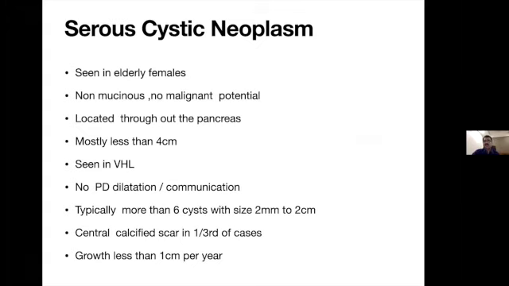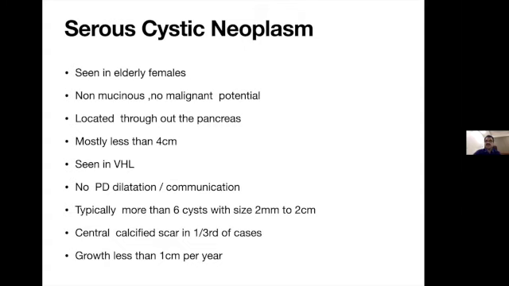The previous textbooks show serous cystic neoplasm as the most common cystic tumor of pancreas. Now there is a change in the distribution and the type of lesions, because the branch duct IPMN is being diagnosed more commonly now. Most of the tumors are less than 4 centimeter, and it is one of the specific